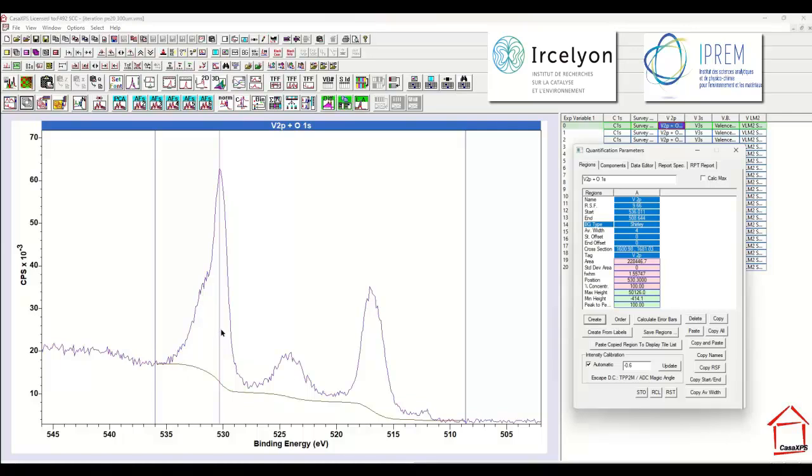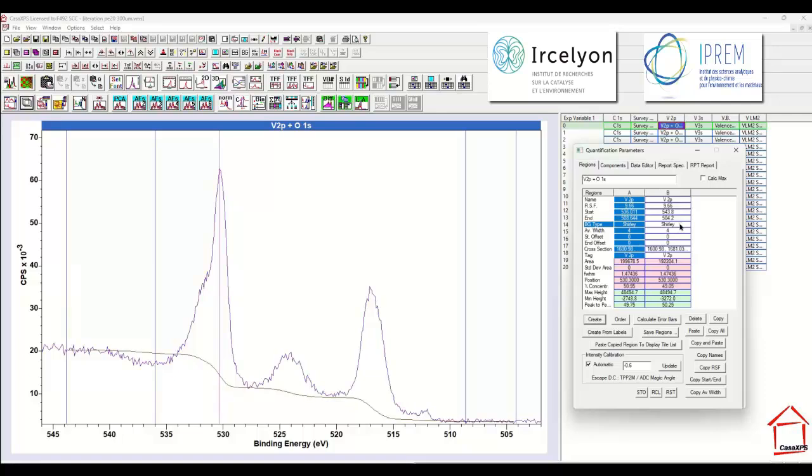However, I will have to deal with the oxygen 1s. That is, I would have to add a peak model to allow for the signal interaction between the vanadium 2p and the oxygen. I really don't want to do that. I really don't want to have to understand the chemistry of this oxygen, because it's not just vanadium oxide, there's also carbon involved and carbon bonded to oxygen. So I would have to add peaks that I have not enough information to be certain of what I'm doing. The way that we could eliminate the oxygen 1s from the peak model might be to introduce another background,